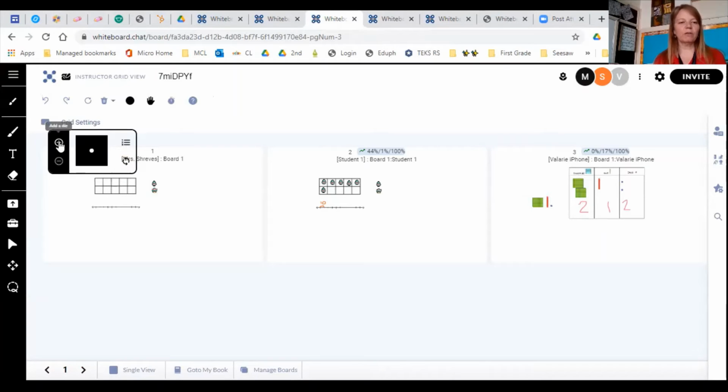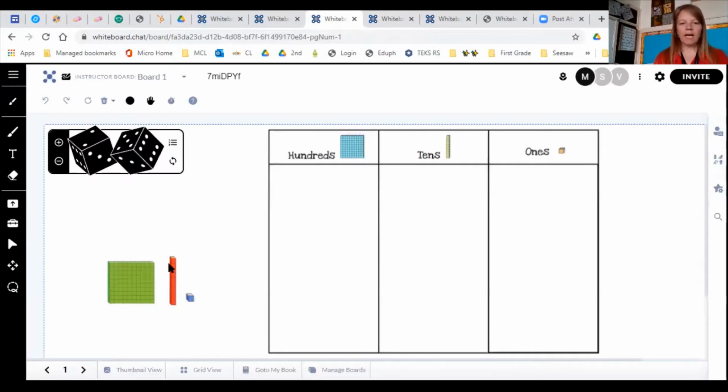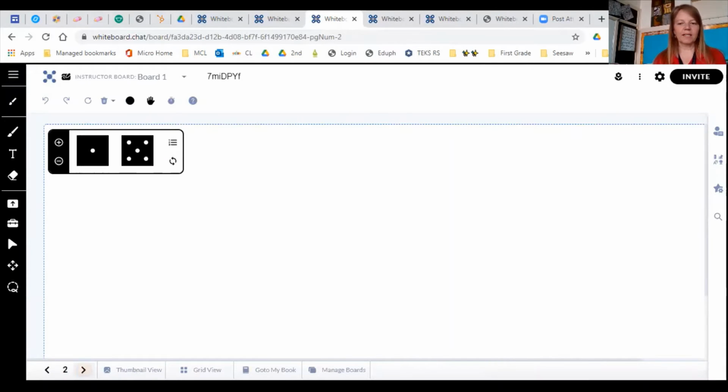I do want to share with you, you can have double dice, so you can add, subtract with those as well. The dice is really actually pretty fun. Okay. So I want to get back to the main view. It's rolling again. Let's go to